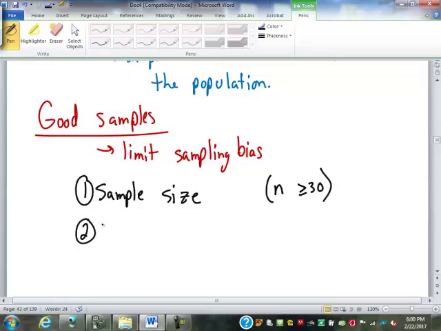The second is randomly chosen. I used the example of going to the high school football game and just surveying people at the high school football game. Well, you might say that you walk past somebody and you flip a coin, and if it's heads, you survey them. If it's tails, you don't. That's randomly choosing, right? No. That's using randomness, but it's not randomly choosing. Randomly chosen, a random sample,